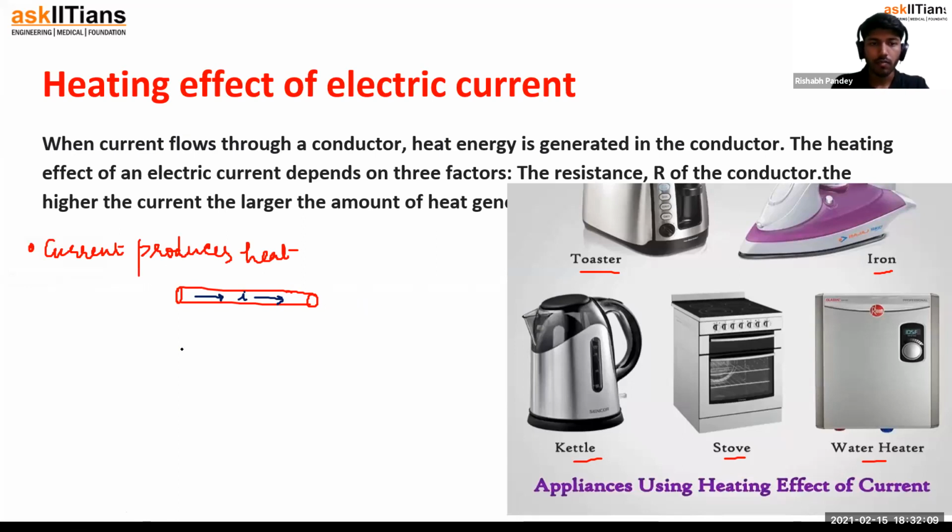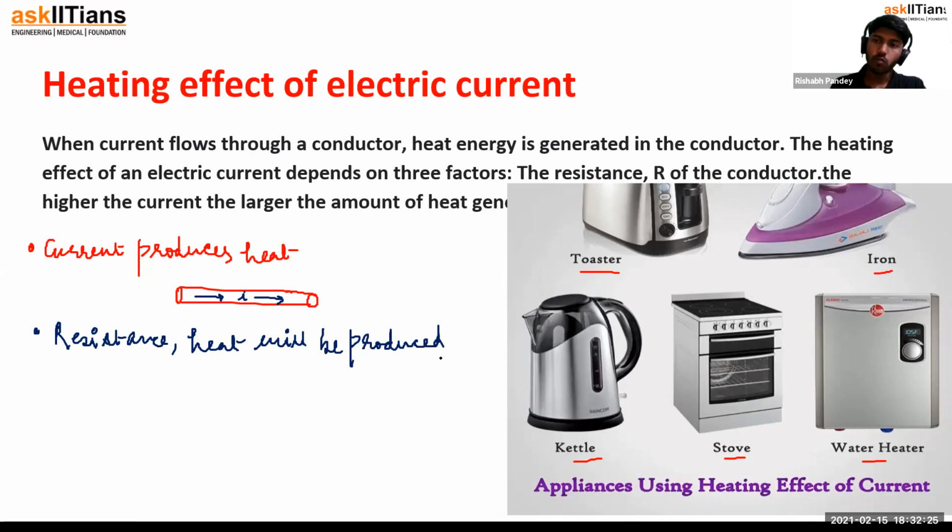The point is that if there is resistance, heat will be produced. It was just required for the current to be there. And if there's a current, there has to be some resistance in the wire, which ultimately produces the heat. If I give you the formula of this,